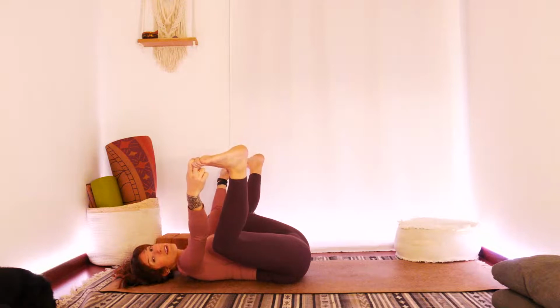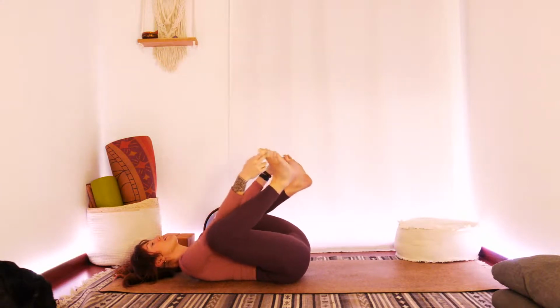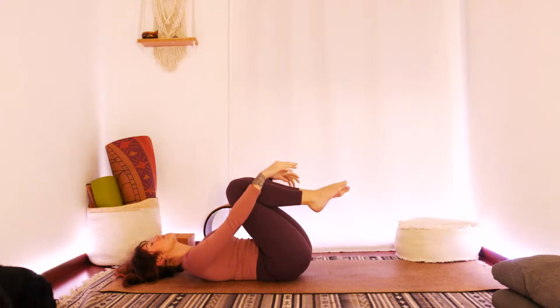We're going to take 2 more nice deep inhales here. Really take that air all the way down to the belly as we inhale. Feel that expansion. And exhale, release. We do one more. We inhale through the nose. Then we exhale through the nose. We bring our knees together, we release the fingers,